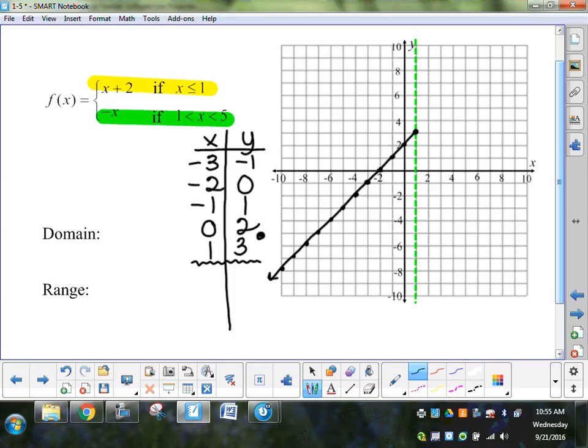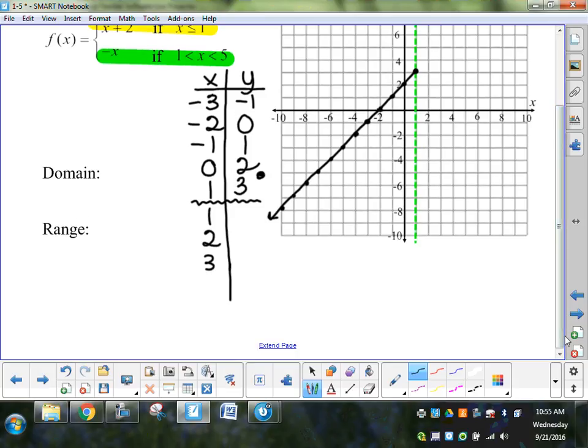Now, the other one is going to be something very similar. The other graph starts at 1, and I'm going to show why. And then 2, 3, 4, 5, 6, and 7. So, when I plug a 1 in, I'm going to go back up. Now I've already plugged it into the yellow. I'm going to plug a 1 into the green. That's where the switch occurs. When I plug a 1 into the green graph,